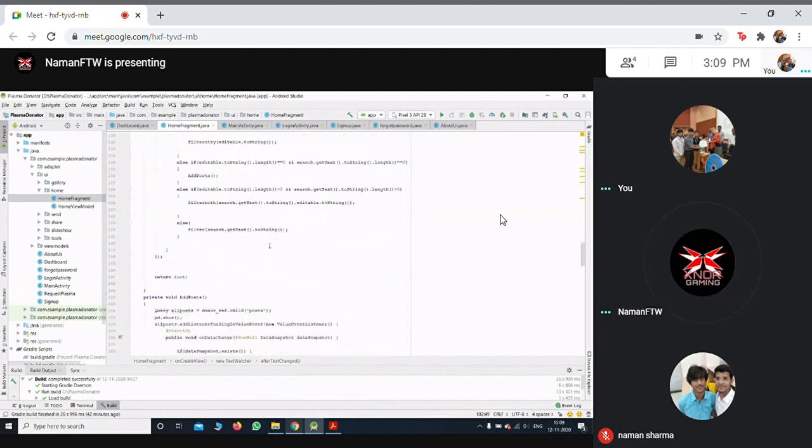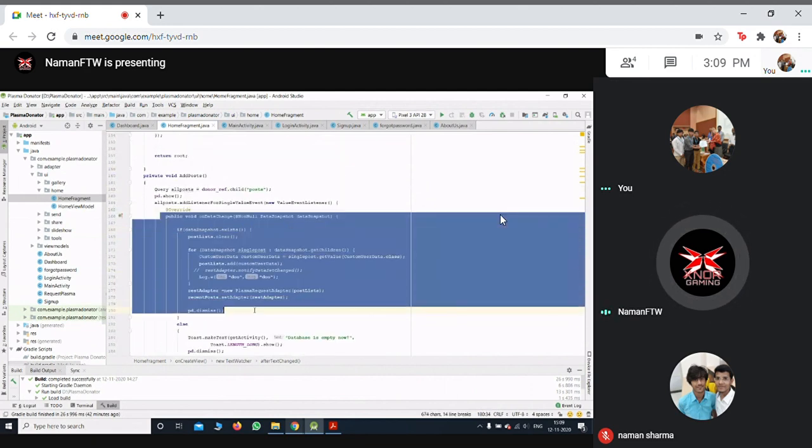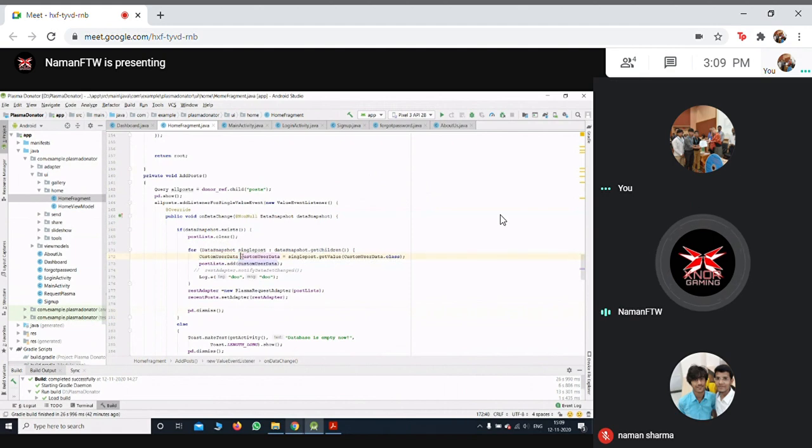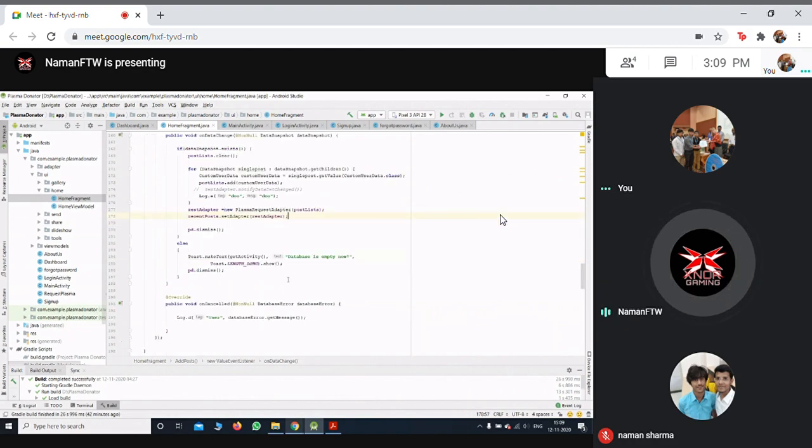This is the main function where we are getting data from the database. We have used custom user data, which is a different class, and I'll show it later. And here we are adding all the data which we are getting in a list, and we are setting the adapter with the list which we are getting from the database.